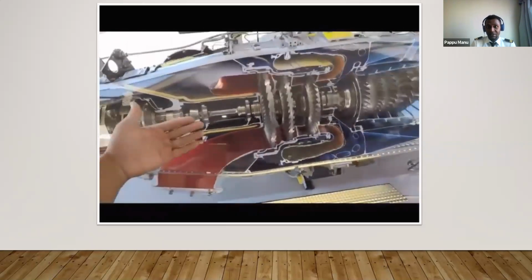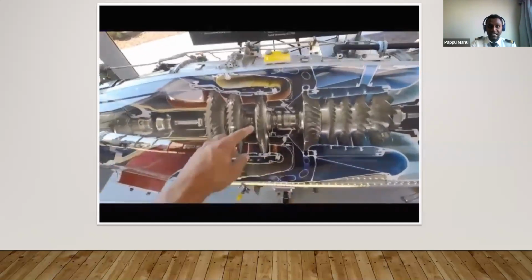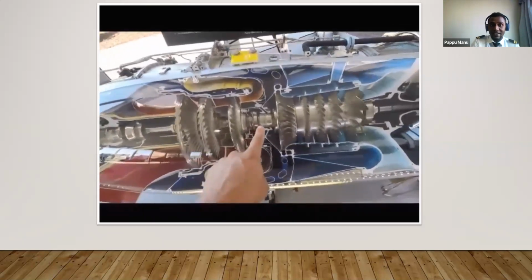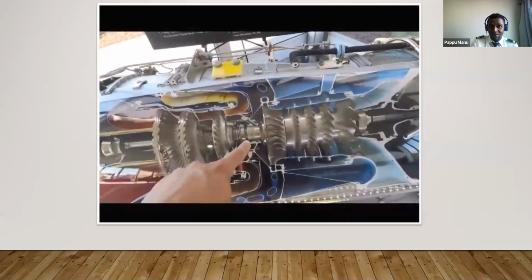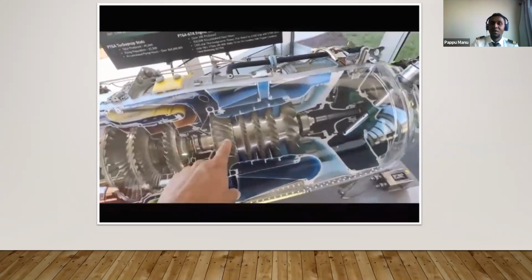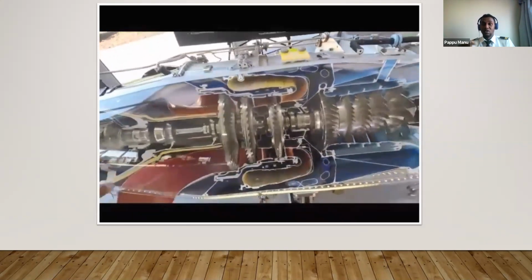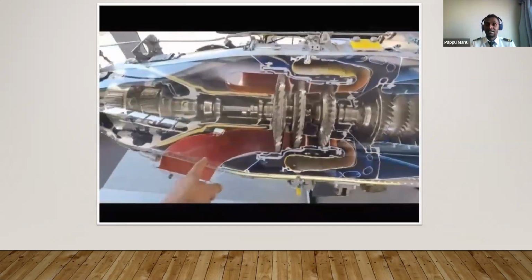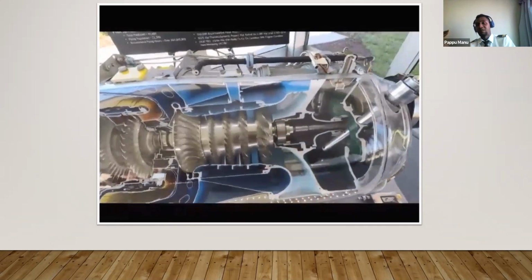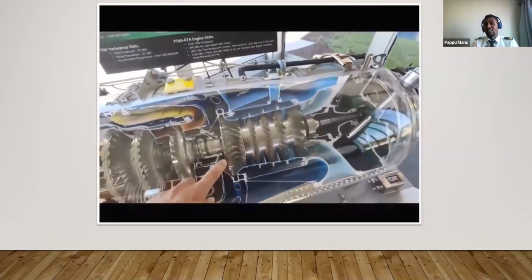Those gears that you see rotating just after that, and the red color that you see underneath, is the exhaust, where the air is sucked in. Usually we think exhaust is out, but this exhaust takes the warm air around and takes it into the combustion chamber. So it works in reverse. So you go from behind, it burns there, comes from behind the last gear, the second last gear, and